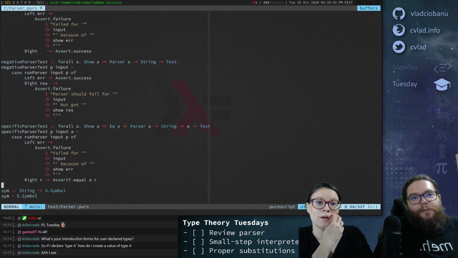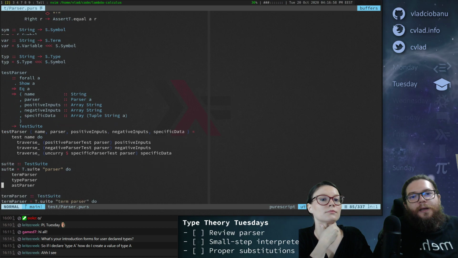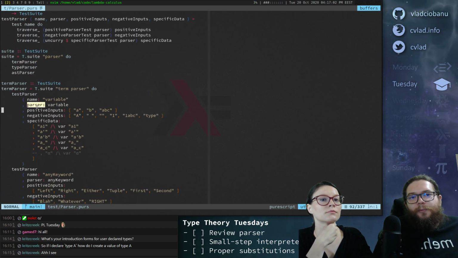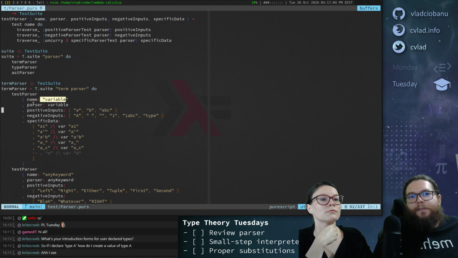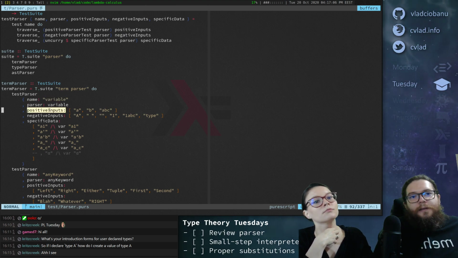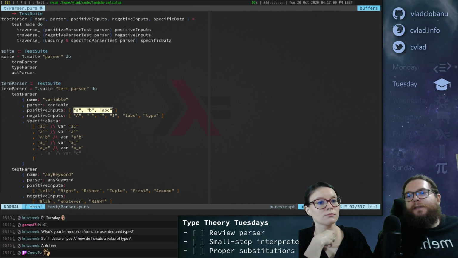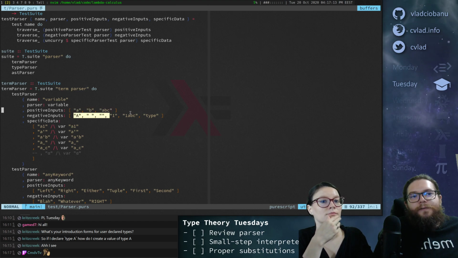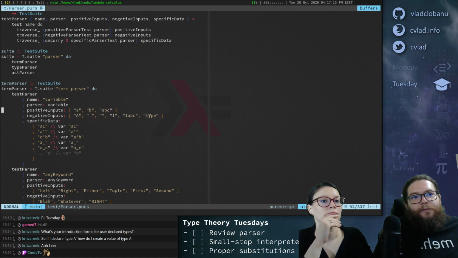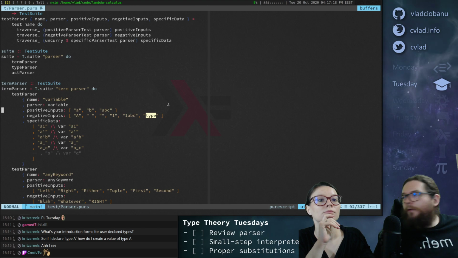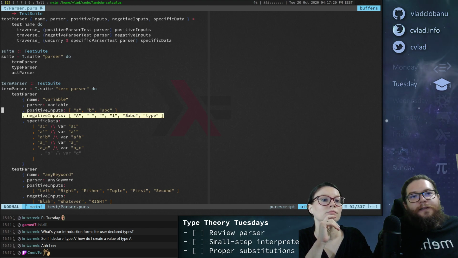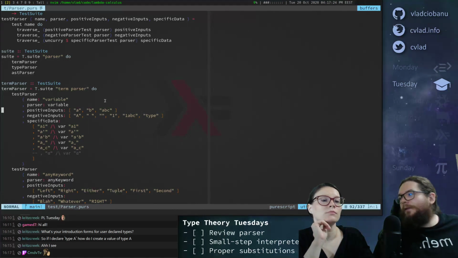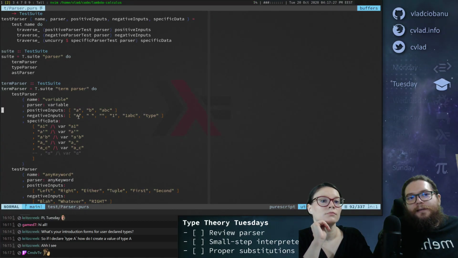Okay, so here are just some helper functions. Ignore them. So here's the test, right? Variables: these are positive inputs. This is the name, this is the parser used, and this is positive input, so we expect all of these to pass. Hello, Vince, welcome. And we expect all of these to fail as variables. For example, the reason this fails is because it's a keyword. The reason this fails is because it starts with a 1. This is empty. You cannot have a space as a variable. You cannot have an uppercase character, right?